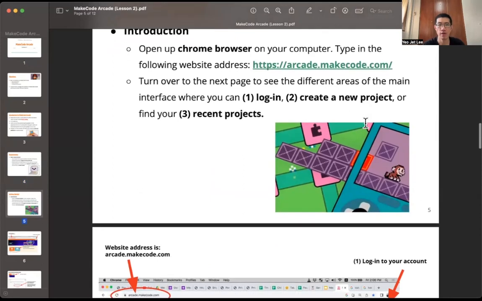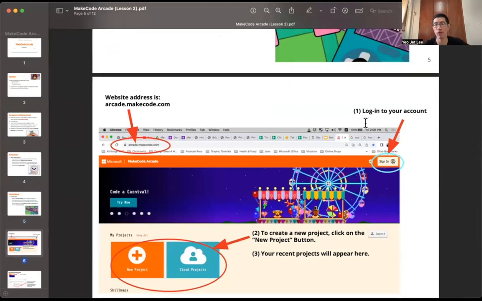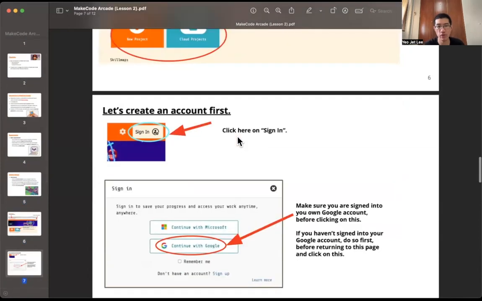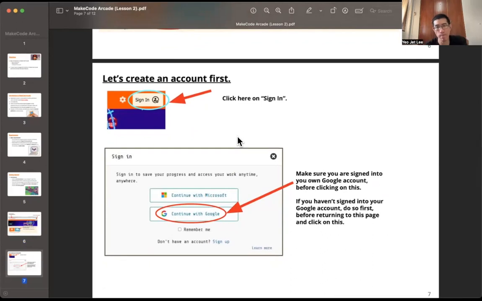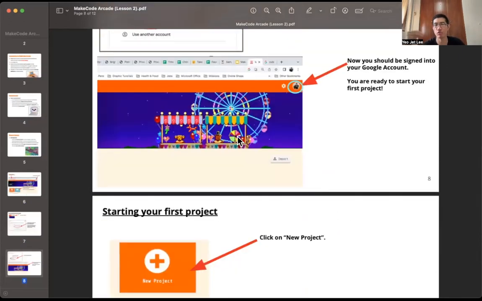Very simple. First thing is you need to log in. Okay, we will try to use our Gmail, or what we call Google Mail, to be the account that we're using to log in for all your Arcade MakeCode projects. So these are all the instructions here. You can see, I won't go through this because this is quite self-explanatory. If you struggle with this, no problem. Let me know. I'll go through this with you on the actual live session. So it's basically asking you to log in to your Google account. Once you've done that,